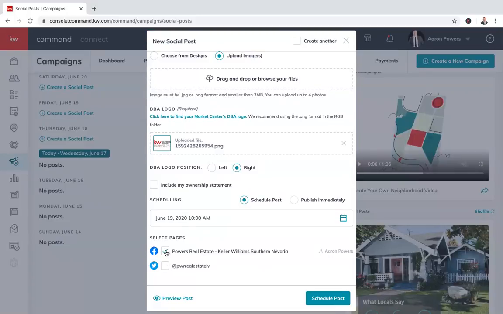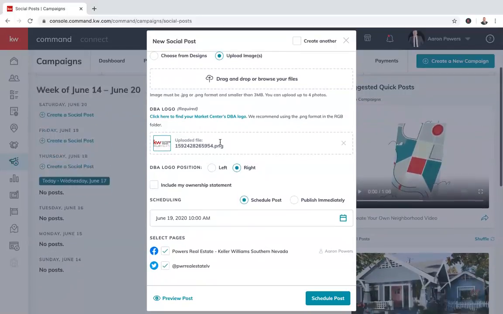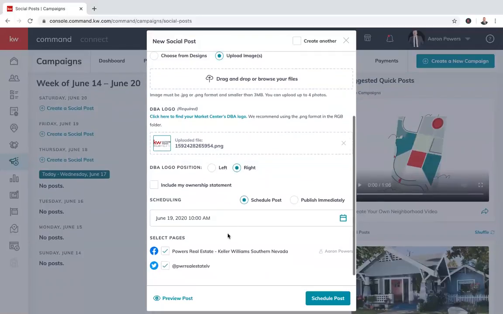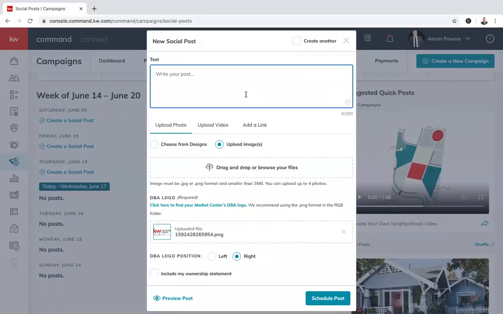Okay. So no matter what you have selected on the screen before, you can always choose both on here and you can schedule for both. Now content's going to be a little different between the two. So you may want to actually do a separate post for Twitter than you would for Facebook. Totally up to you. All right, so we could write our post